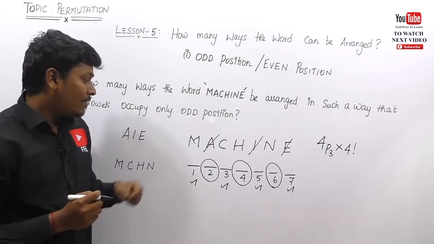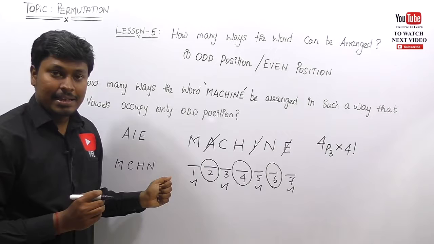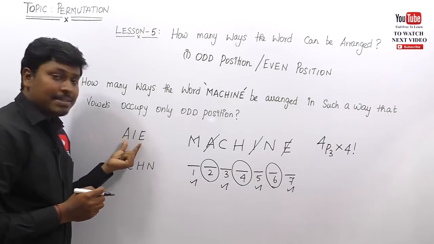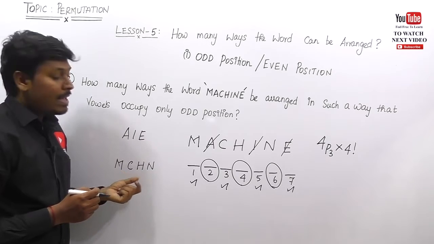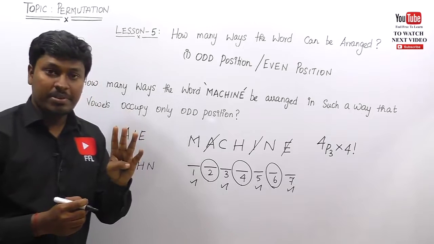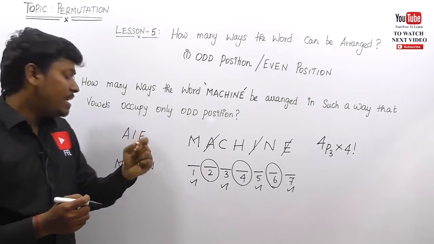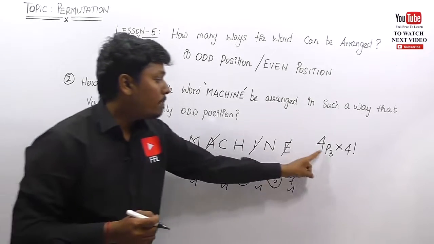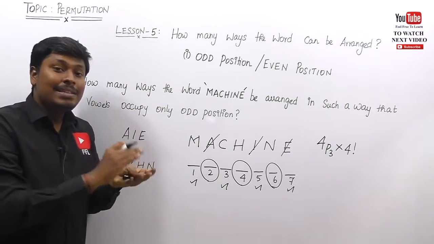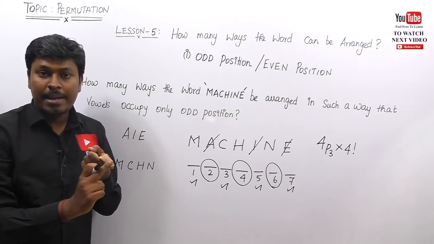Understand the logic, friend? First of all, we have seen how many vowels are there. So A, I, E, there are 3 vowels, and we have written the vowels here, and we have written the consonants separately, and we know that there are 1, 3, 5, 7. There are 4 odd positions. So in these 4 odd positions, we need to place the 3 vowels. So 4P3. And friends, listen carefully. If I place only 3 vowels in the 4 places, definitely one place will be remaining in the odd positions,